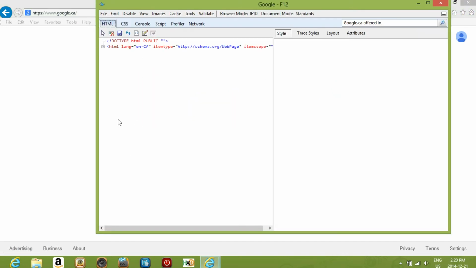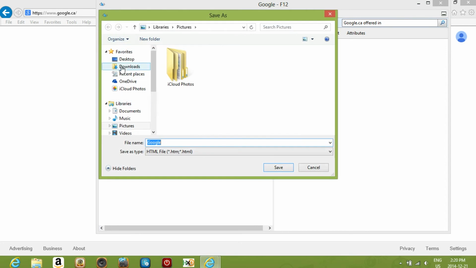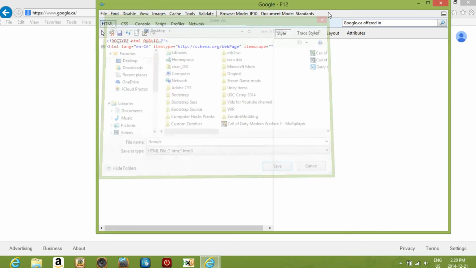Basically, to save it, all you do, you hit the save button here, and once you hit the save button, you could just go to your desktop and save it to your desktop. So